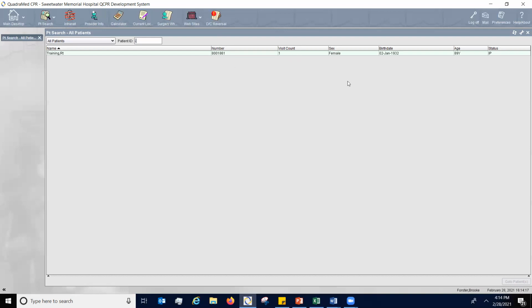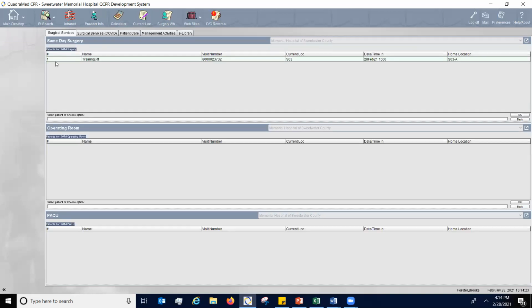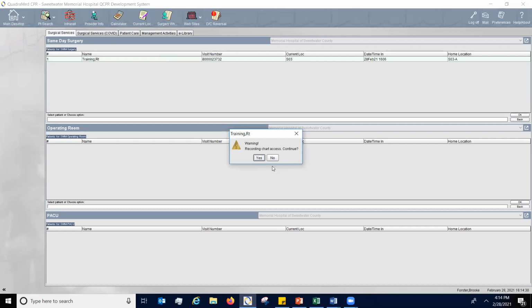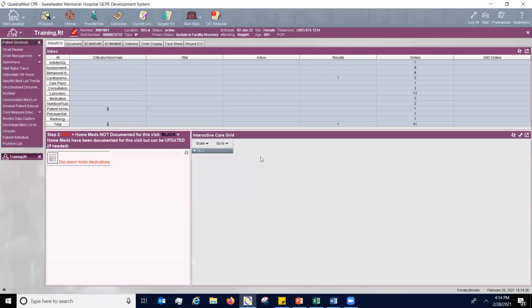This would show the number of counts, and then of course some other identifiers here. Now let me just go ahead and close that, and we go back to that main desktop. So I'm going to choose to access my patient here by double clicking, and it's saying that is recording chart access, of course, so I'm going to say yes, and then we're going to go into this patient's